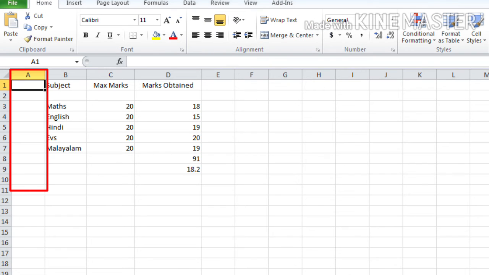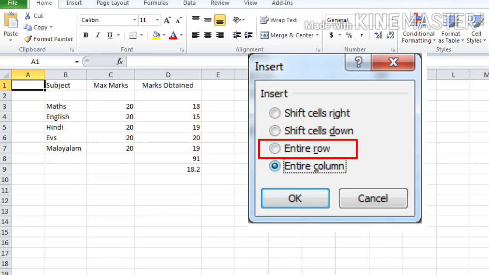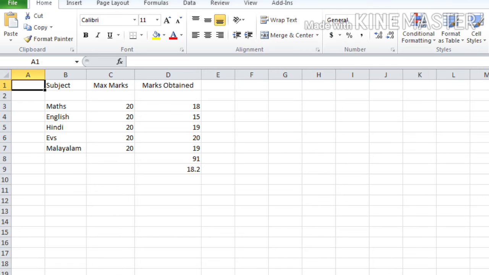See children, we added a new column, isn't it? Yes, you can also use the insert option to add a row. Okay, how? Just by clicking on that entire row tab. Okay, and that's how you can add rows or columns to your Excel sheet.